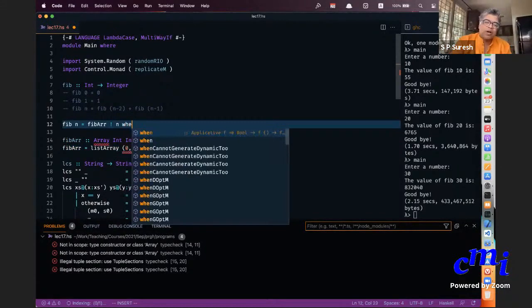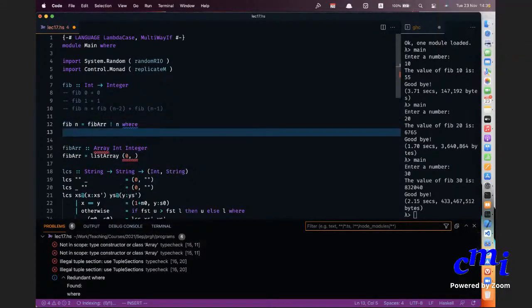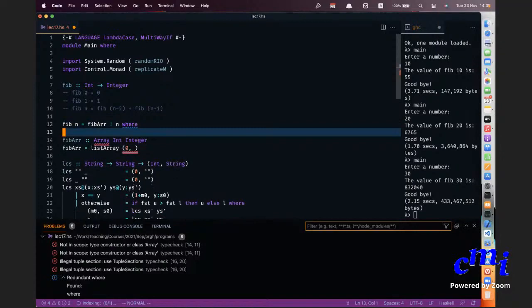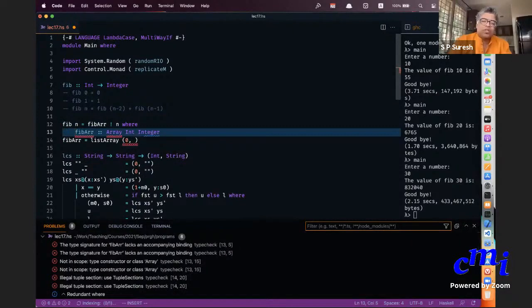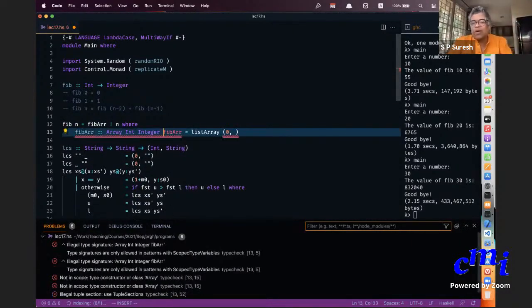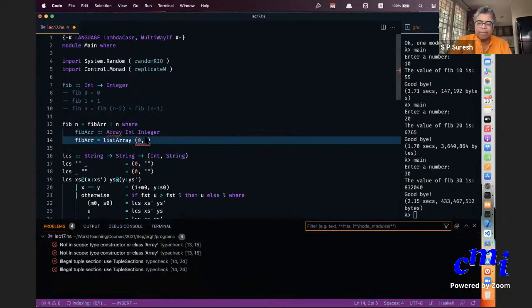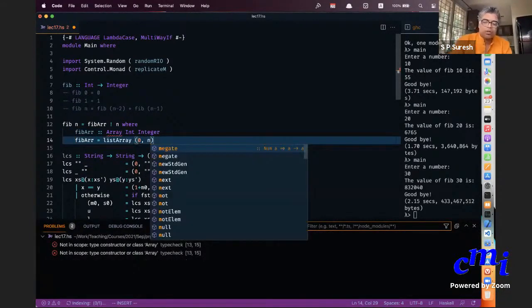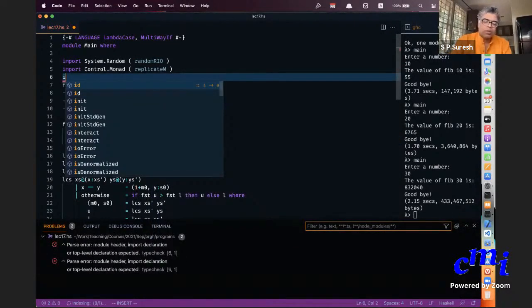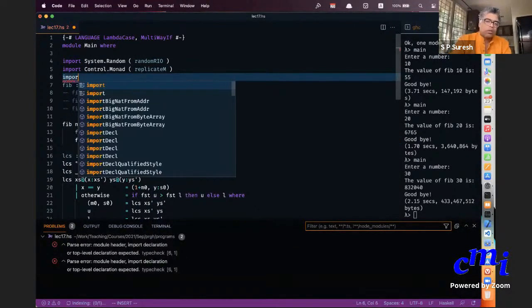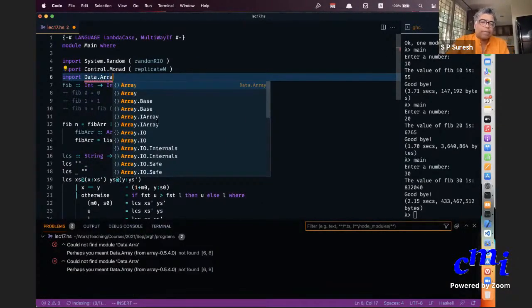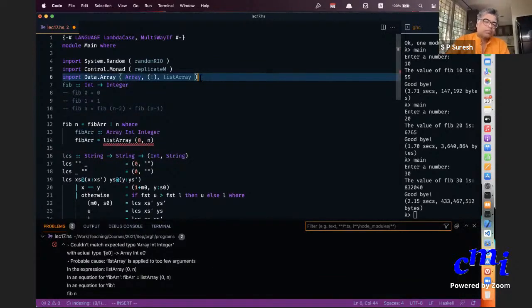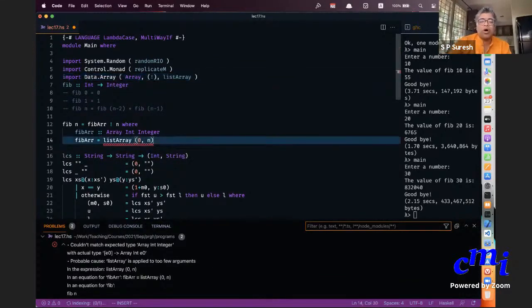So we'll have to say var. Okay, this is a local function. Fib array is a local function to fib. You have n available, so you just say n. Okay, did I import array? I have not imported array. It's already saying what all I need. Okay, list array 0 to n of what?